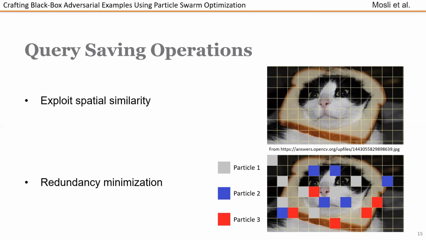Once a direction along a channel in a block is assigned to a particle, it is not assigned to any other particle to reduce redundancy when exploring the search space. This can be illustrated in the bottom figure. Particle 1, which is gray, has different blocks than particle 2, which is different than particle 3. Now, although we minimize redundancy by this approach, we also allow the particles to move freely in any direction according to its velocity. So even if a block was not assigned to a particle, it can move in that direction if its velocity dictates it.